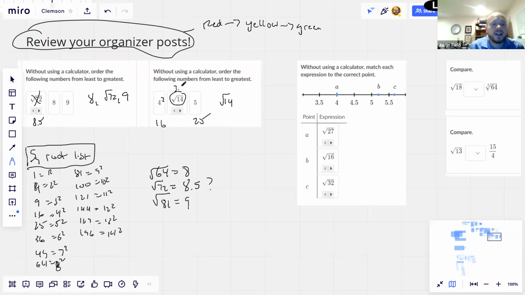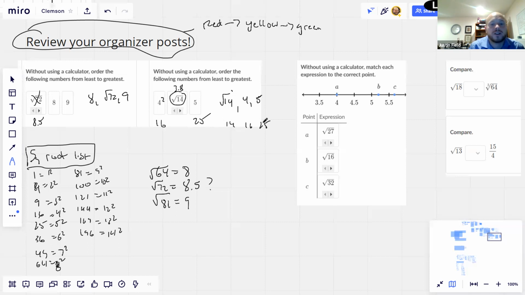So I might call that like 3.8, something like that. Yeah. So from least to greatest: root 14, 4, and 5. And once again, this would be if we squared them all, it'd be 14, 16, and 25. That's if we squared them: the square root of 14 squared is 14, 4 squared is 16,